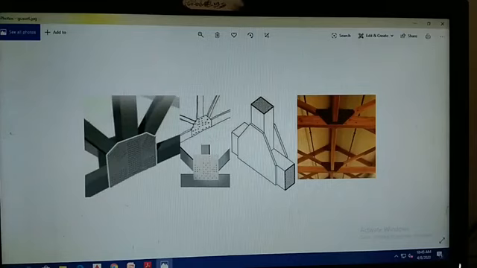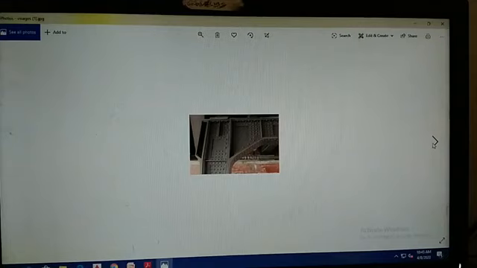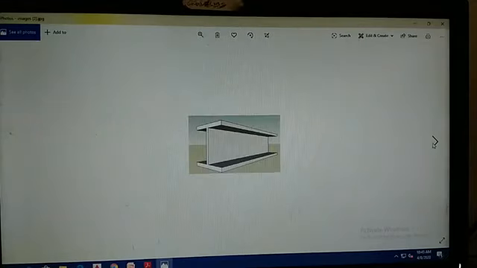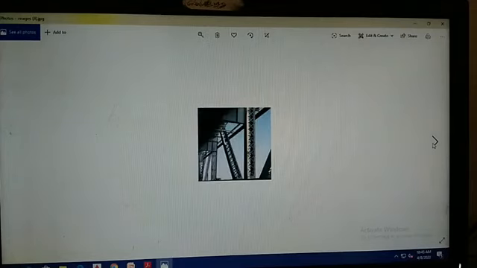Usually you can see the gusset plate in roof trusses. Here, at the right end, you can see a gusset plate which is connecting the different chords.